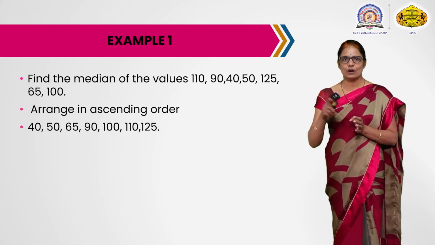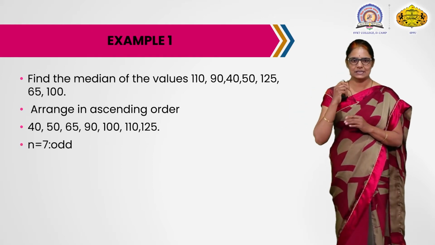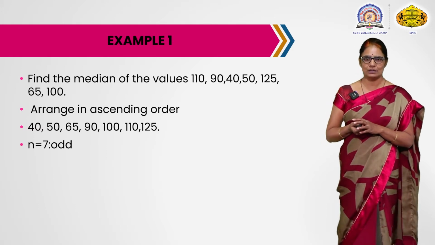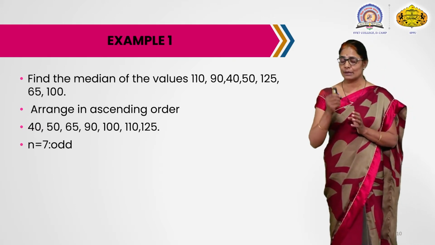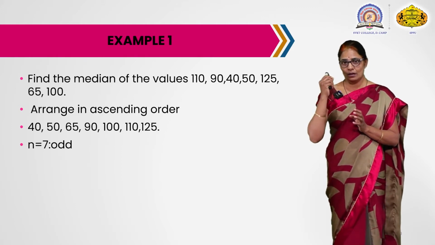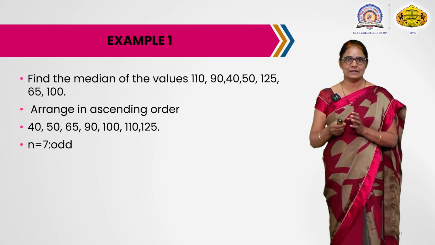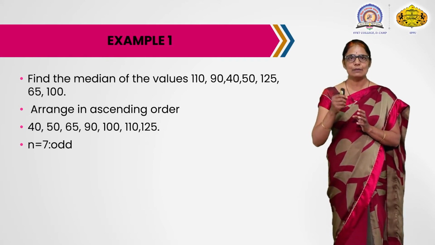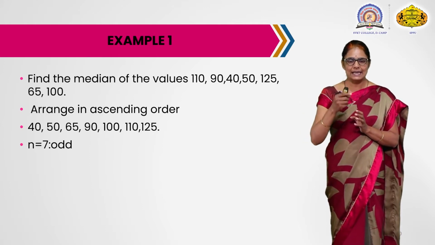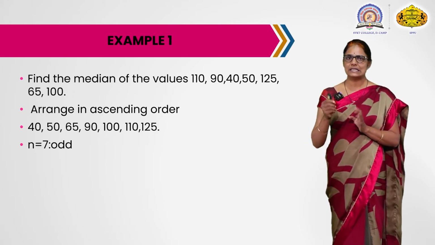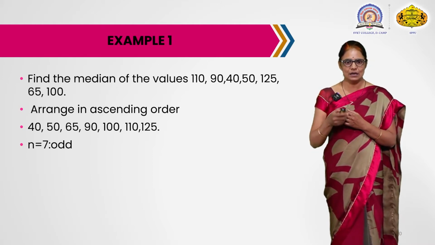So now if you observe, count the number of observations. If you count the number of observations here, it is 7, which is an odd number. According to our definition, if n is an odd number, remember there is only one middlemost observation. So the value of the median is given by the (n plus 1) by 2th observation. Here n is 7, so 7 plus 1 is 8, 8 upon 2 is the 4th observation, which is the median